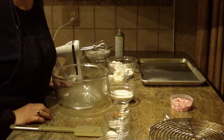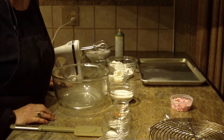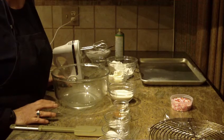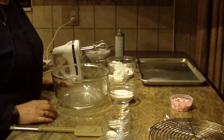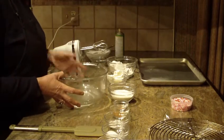We're going to make some Italian cookies. They're really called marriage cookies. It's sort of like a spice cookie as well as a nut cookie. So let's get started. First, you're going to start off with a large bowl, and in that large bowl you're